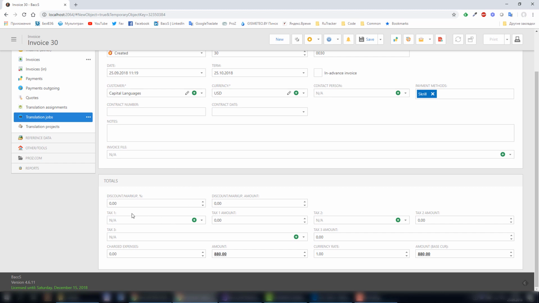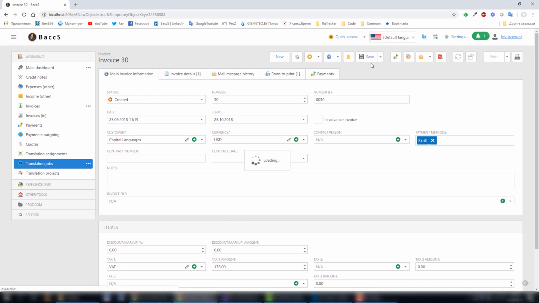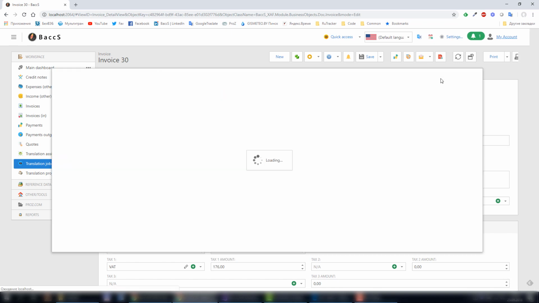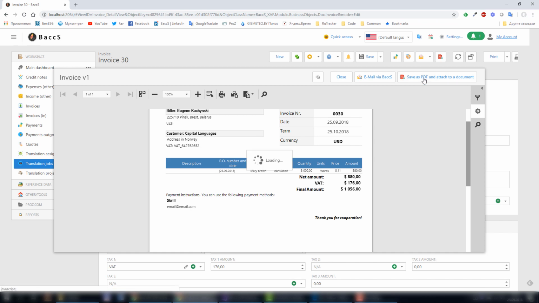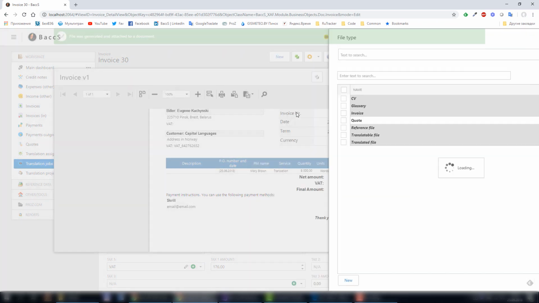Again, I have to check all amounts, maybe taxes here. Check everything, save the invoice, and then, as with quotes, generate the invoice form, check it, and save as PDF and